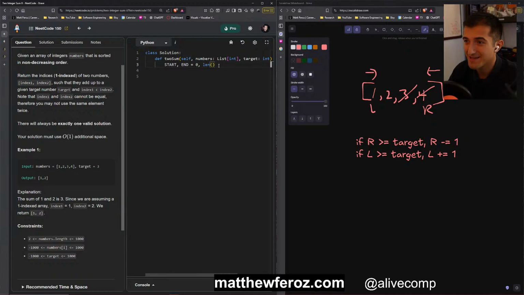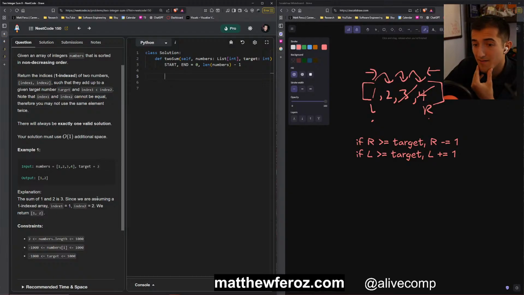Let's do length of numbers minus 1. That starts me at the end. Start of here. Sum of 1 and 2 is 3. So we're going to do 4. Or I guess I'll do a while loop.